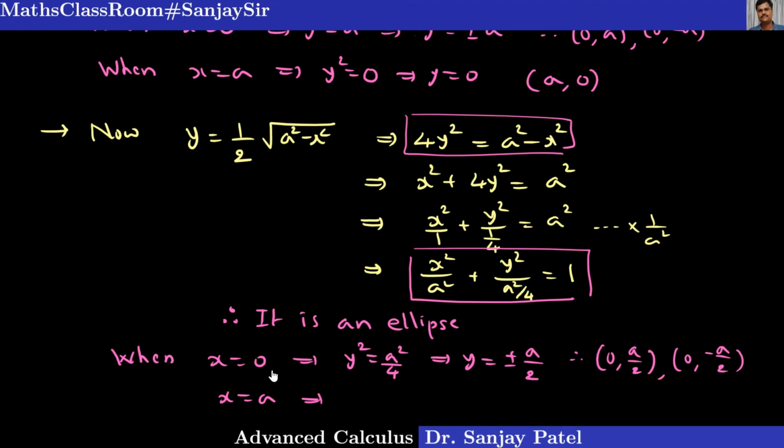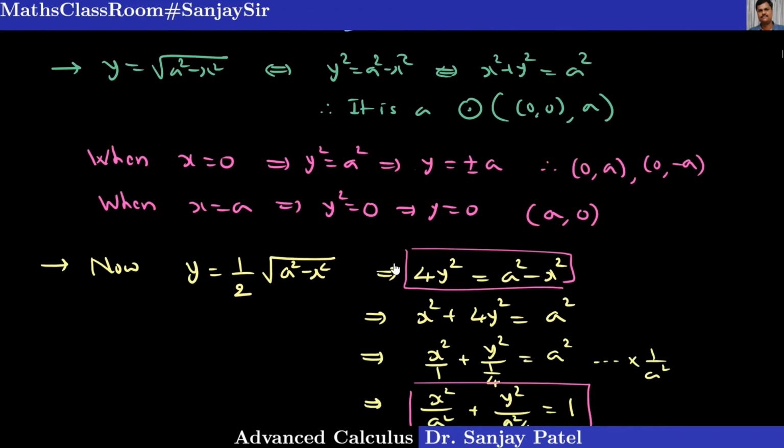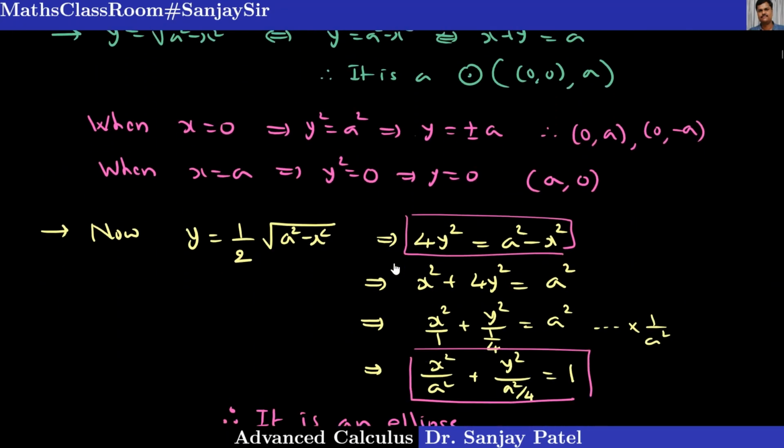For x equal to a, when you put x equal to a here, you will get a square upon a square, that is 1, and that 1 will be cancelled with this one, and you will get y square is equal to 0. So you will get y is equal to 0. So the point of intersection with the line x equal to a is (a, 0). So these are the 3 points of intersection we are getting. Keeping in mind all this information, now we can draw the region of integration.